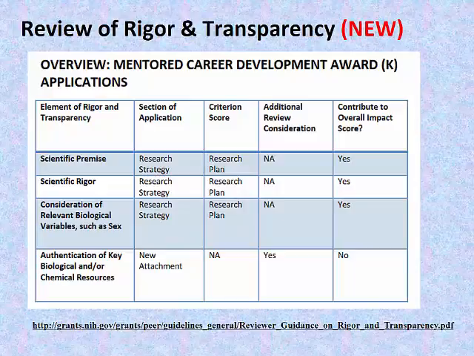So this is also online, and it shows you an overview for mentored career development award applications, and where each of these things should go in the proposal. Okay, so the other thing you want to do is use really easy to follow bold headers and clear descriptions, so that if somebody has a checklist, they can check off that you did all these things, right? And it's really easy for them to find where you did what, right?